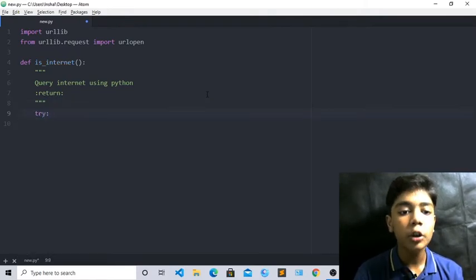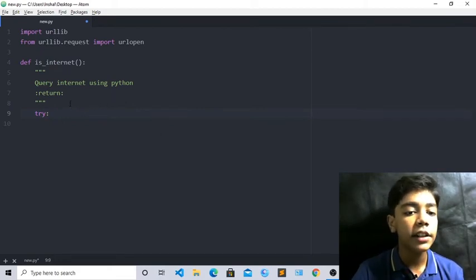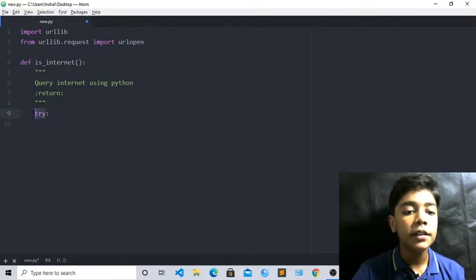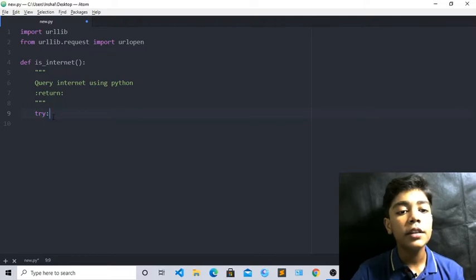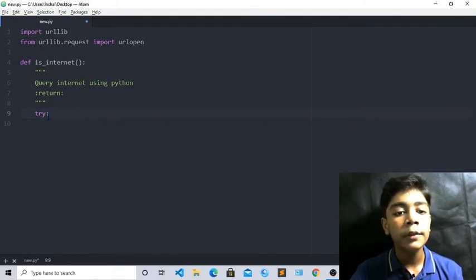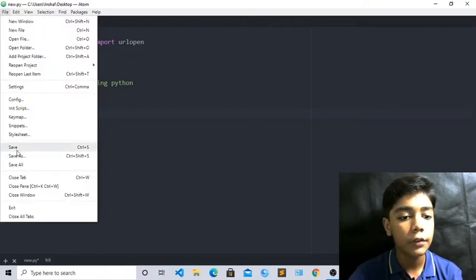Okay, I hope you remember this try tag because we used it in many things, in many projects and many topics in Python, and I hope you all remember it. You have learned about this many times with this try tag. In the previous class, we also learned it when we were making count, clock and timer. So we are using the try tag today also, in this topic. Now first of all, save it.